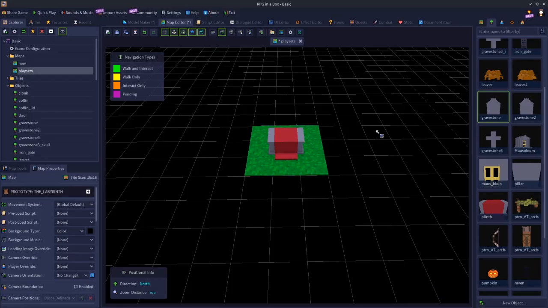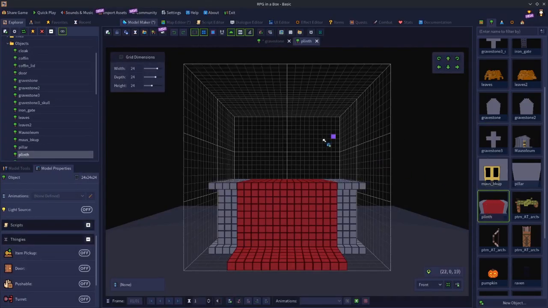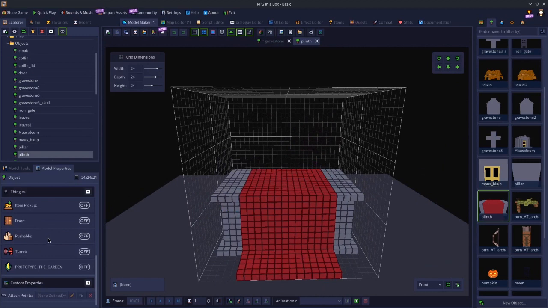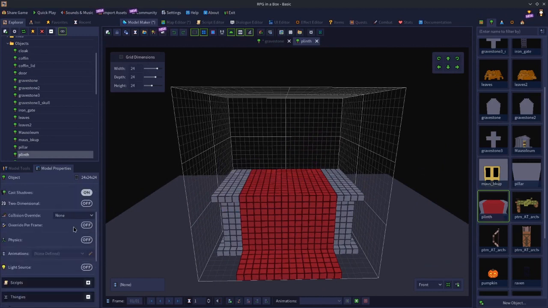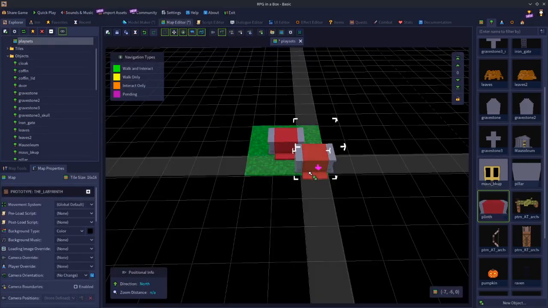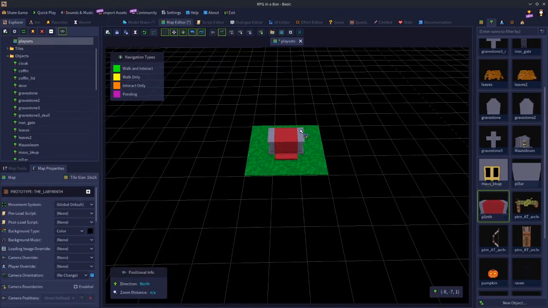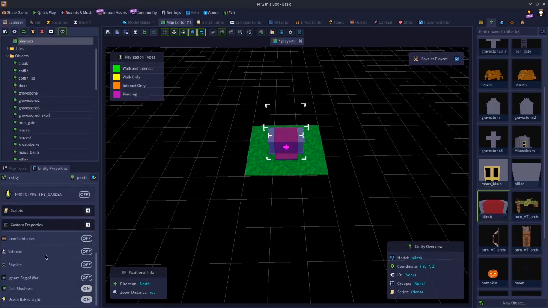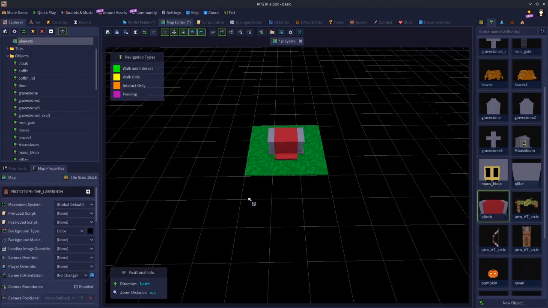So for example, if we could, well we can't, but if we could open up the plinth model and make it a container in the model, we can't, it's not an option to do that, then we could save this as a container, and then every time we place our playset, it would be a container. However, that's not possible because containers are a map editor setting only. But just be aware that in the future, these settings that we have here will save as part of the playset process. But just right now, Justin has to go through and set those up,